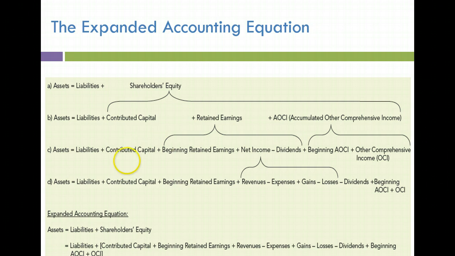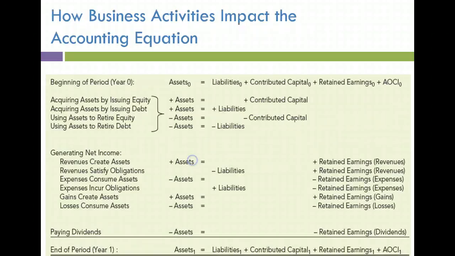All we've done is really broken down the components of the shareholders' equity, that is the capital contributed plus our retained earnings plus the AOCI. So how do business activities impact the accounting equation? Every single business activity will change the financial condition or the financial